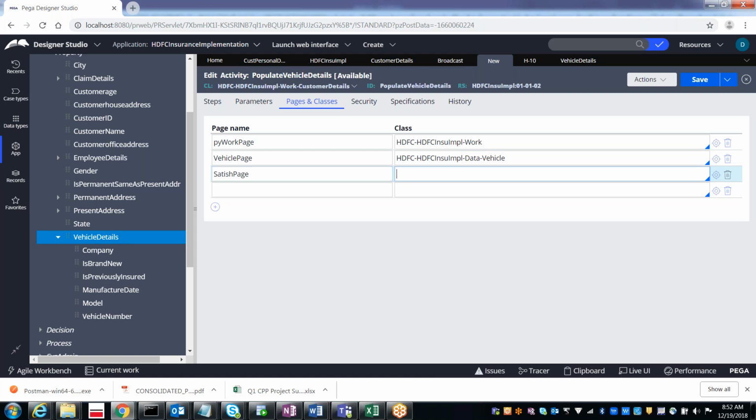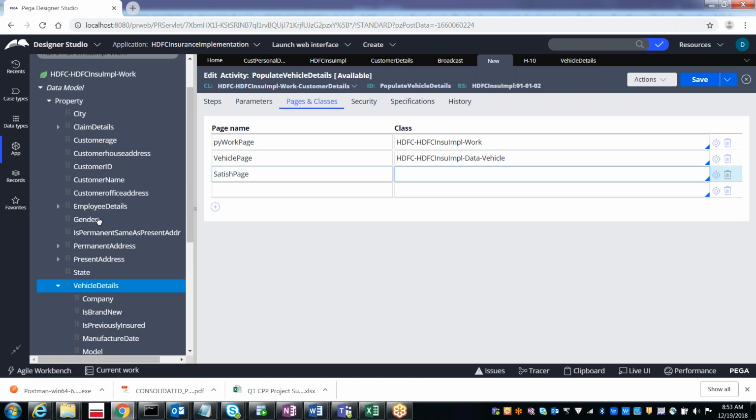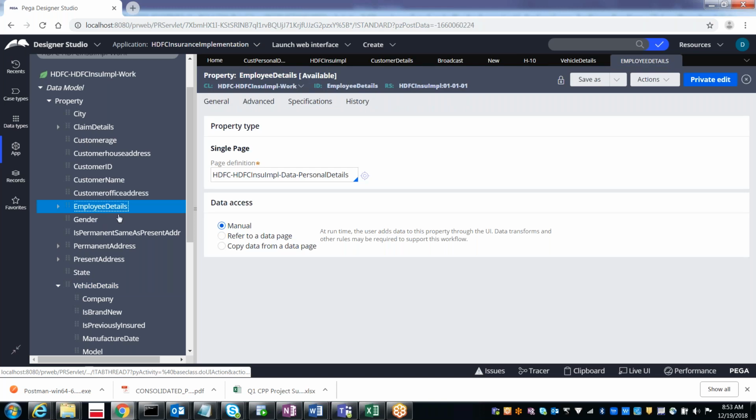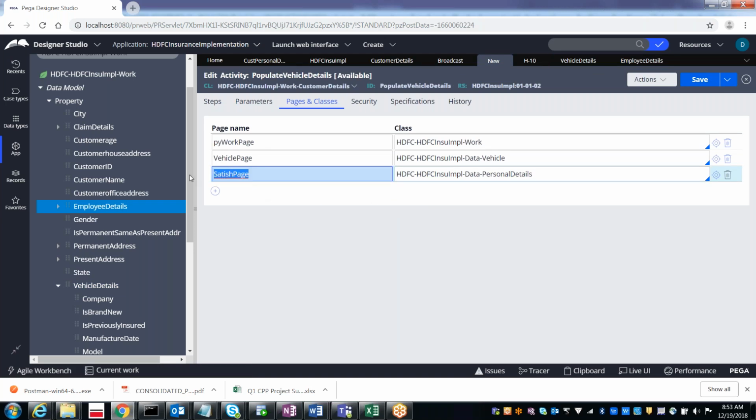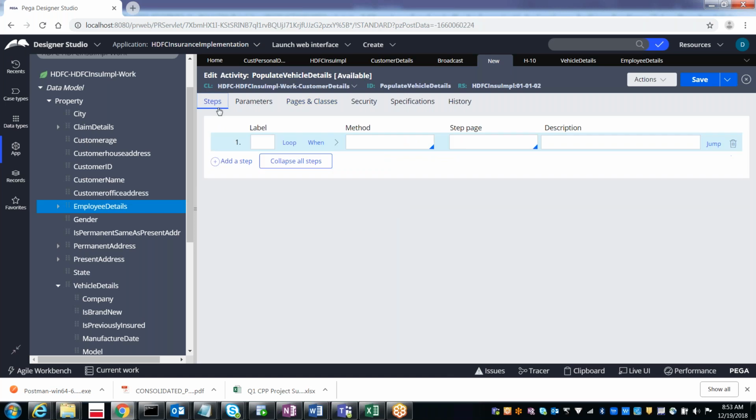And this you can refer with the employee. So employee details refers to which class? Data-Personal-details. So in the clipboard with that page name, we can see that class. Exactly. So it is going to create the page in the clipboard with this name, and later in the steps we can do the operations on it.